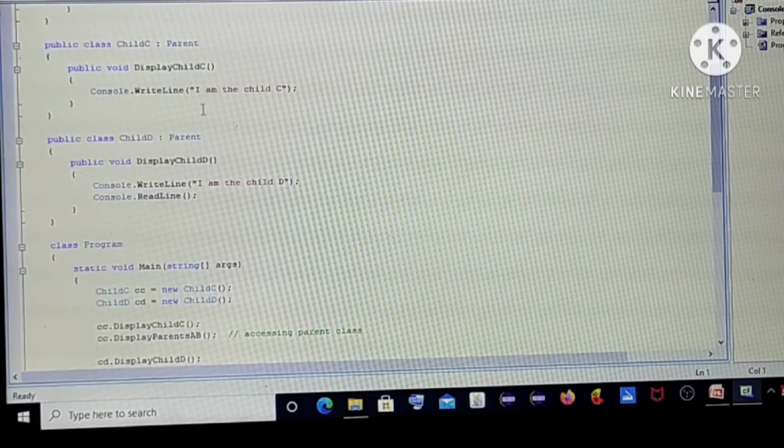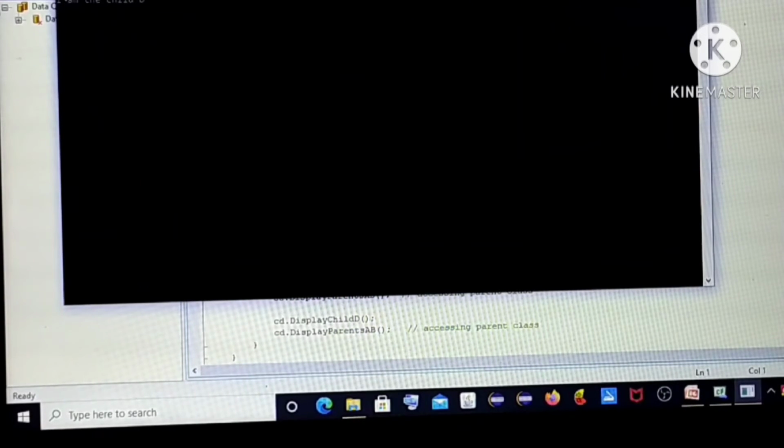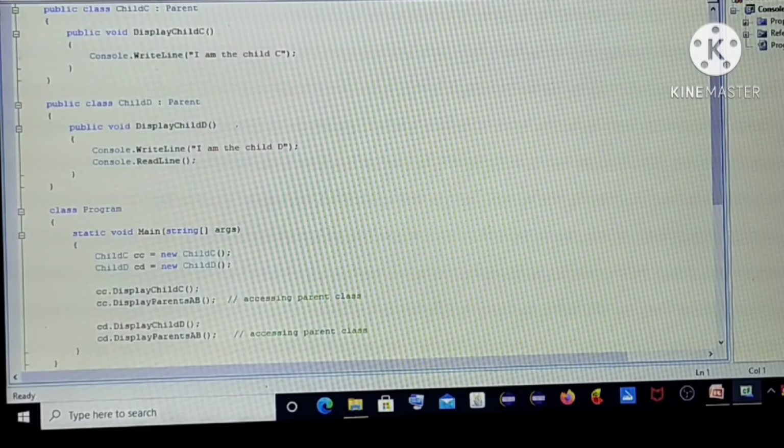Display child C contains I am the child C, and display child D contains I am the child D. Here A and B are my parents has been printed one time, and again printed a second time.